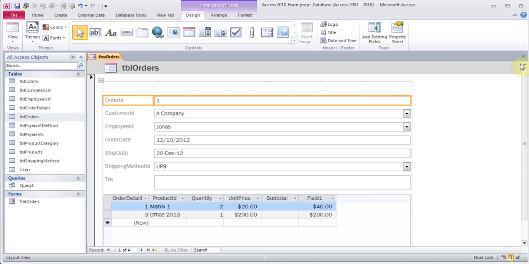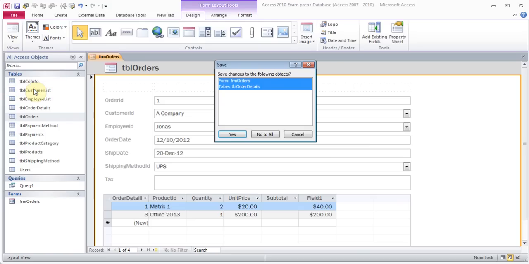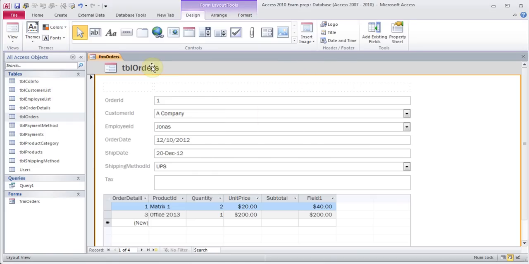They could also ask you questions about adding a button to either delete a record or to add a new record. To do that, in the layout view itself, you see there is a button. In 2007 you had to do this from the design view, which is from here. You had to go to design view, and then you had to go to the button tool. But here I can do it from here, and to do this I'm just going to close this,